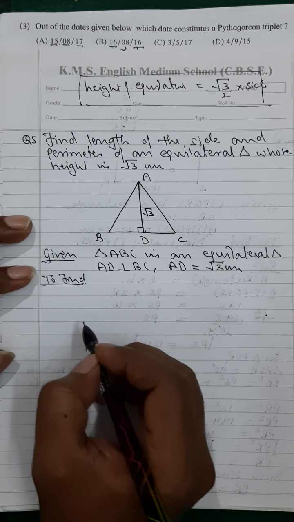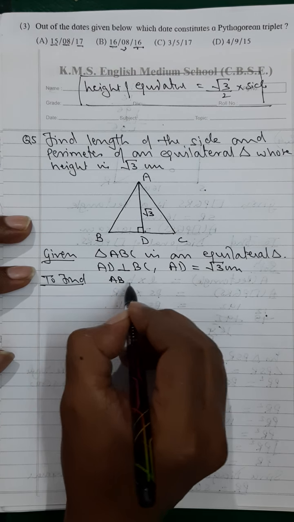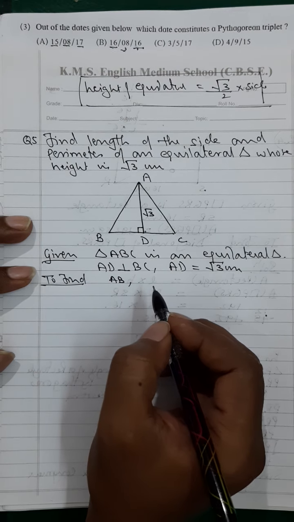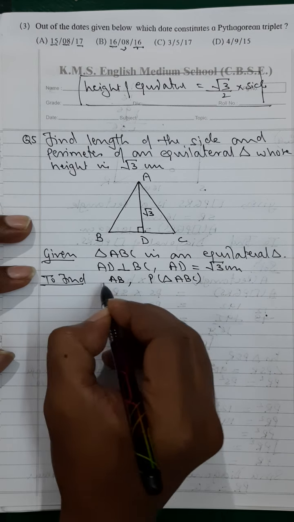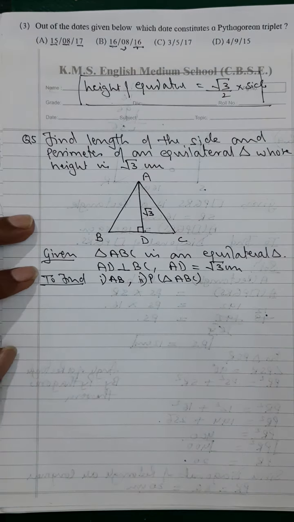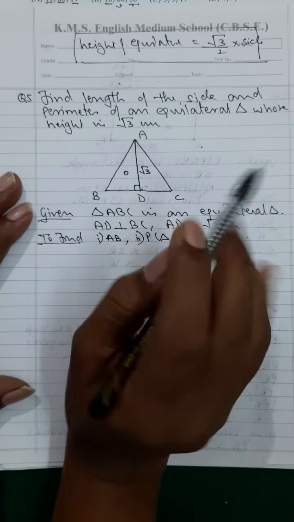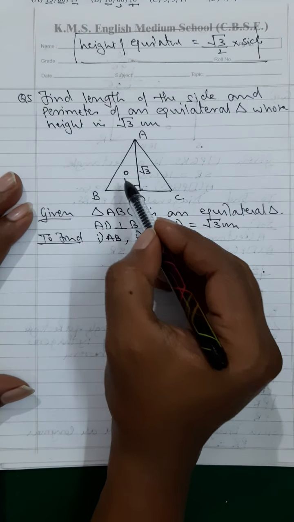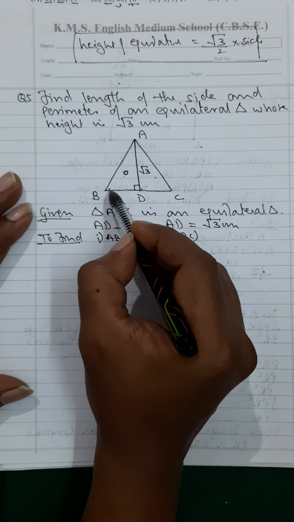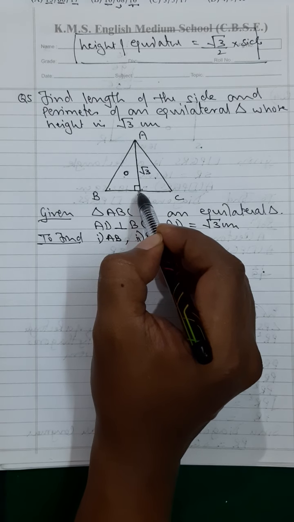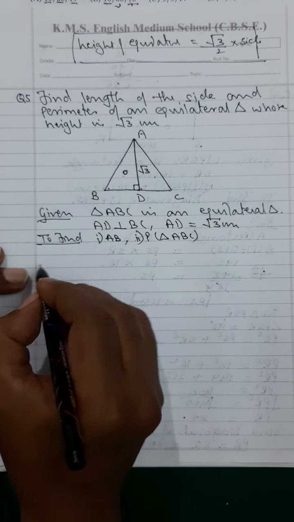To find AB, the side of the equilateral triangle, and the perimeter of triangle ABC. These two things we have to find. Fine. So, as I told you before also, this triangle is going to be a 30, 60, 90 degree triangle, and that is what you have to prove. Once you have proved that either this or this triangle is a 30, 60, 90 degree triangle, this will be 60 degree, and AD is given to you as root 3. So from the side opposite to 60 degree, you will be able to calculate AB. Solution.